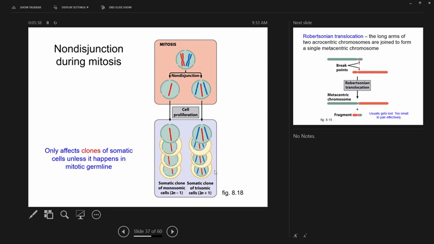All right, and so you can get, in this case, every cell that comes from this one will be monosomic. Every cell that comes from this one will be trisomic. And in just a second, we're going to talk about Down syndrome, but I wanted to mention again that I had a student once that, in addition to the two ways of getting Down syndrome that we're going to talk about coming up, he had a brother who had Down syndrome by this method,